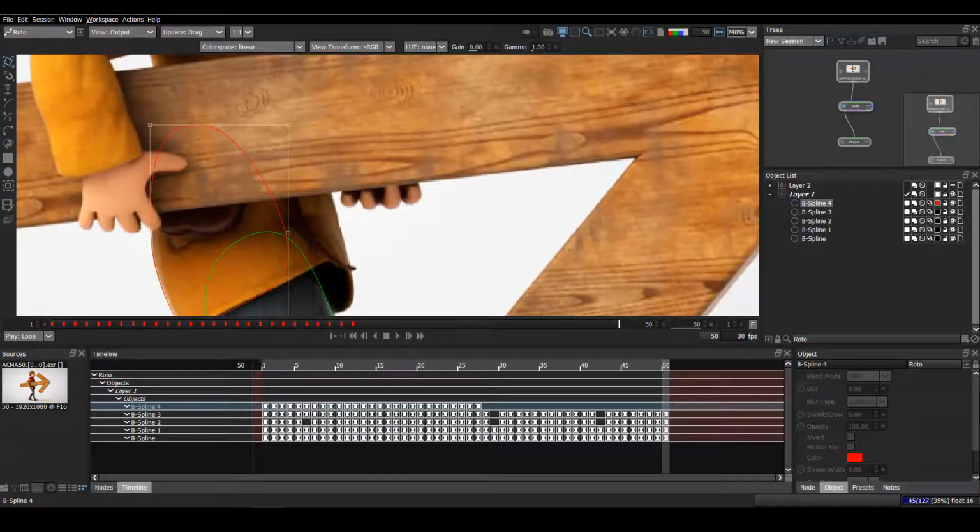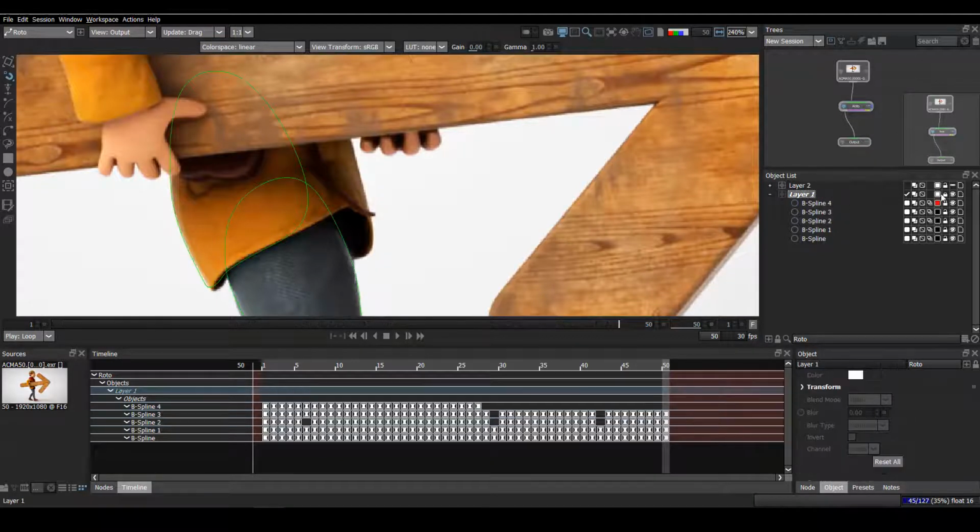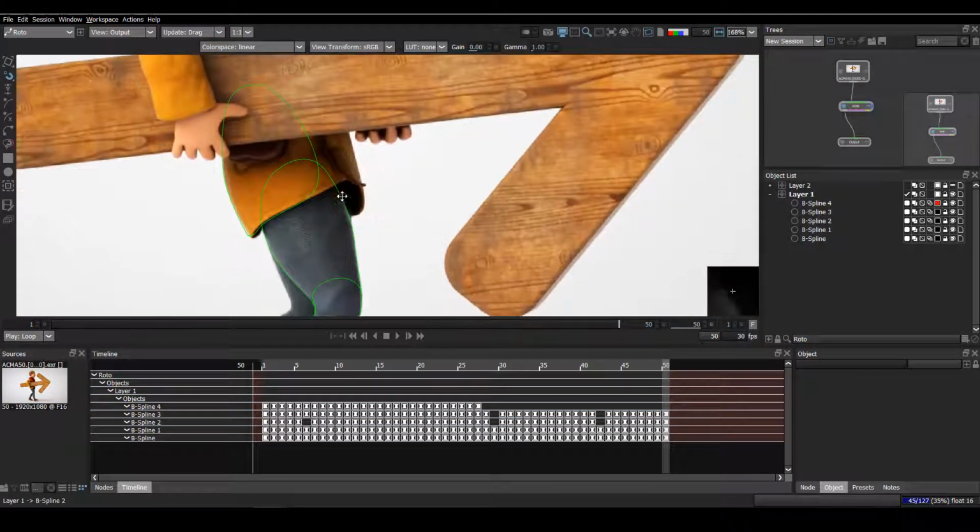So this layer is locked, but still I selected this shape. I can't edit the shape, but I can select the shape so that I'll know which layer this shape is in. So after selecting, I just know that this shape is in this layer. Okay, so then I can unlock this layer. So this will help when there are so many layers, so many shapes. Okay, so now I'll unlock this shape.